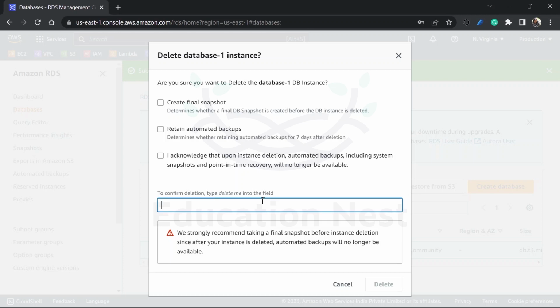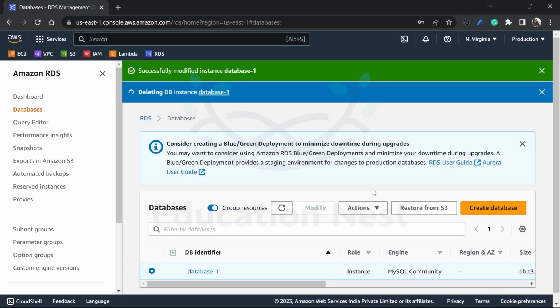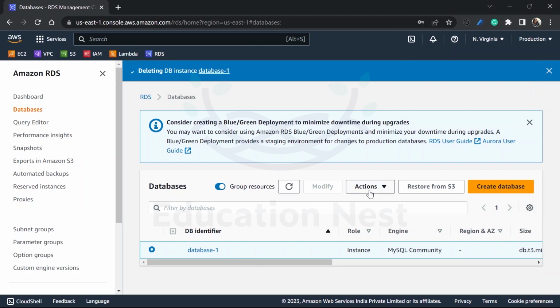Because of that, it is giving me a warning that if you do not take backups or snapshot, then your data would be deleted. But because we do not have any data, I'll just delete this particular DB instance that I created. So now that is getting deleted, okay, what we'll do is we'll just try to create another database instance